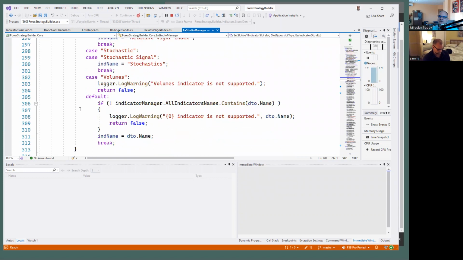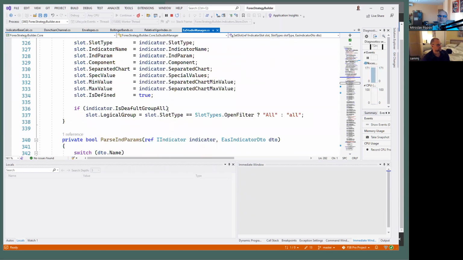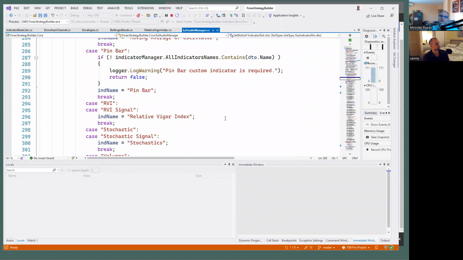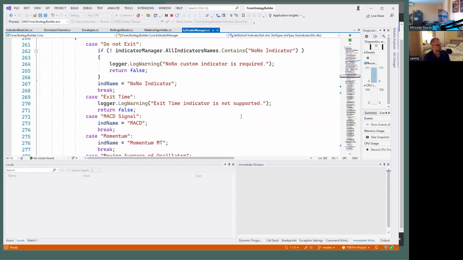RVI is okay, stochastic is okay, volume is not there. And that's all. So actually, we have moving average, pin bar, and do not exit, exit time. These are not difficult things. Okay, so let's